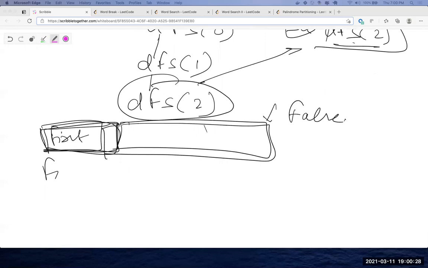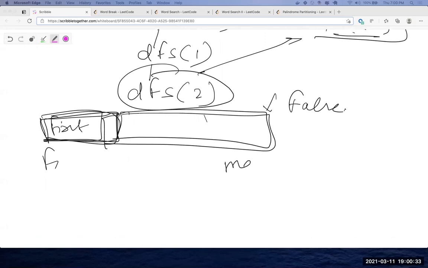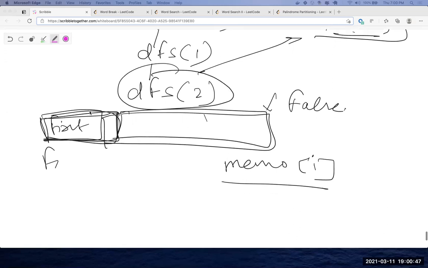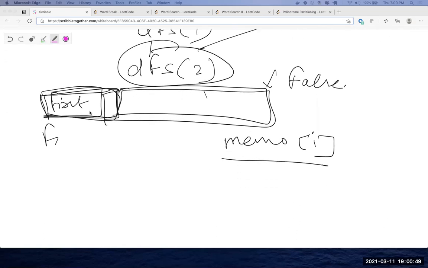You just reuse that, using a memo which has the index I as its key. That is nothing but DFS then. If you see word break also, if you break it down, you can see how DP is actually getting made.